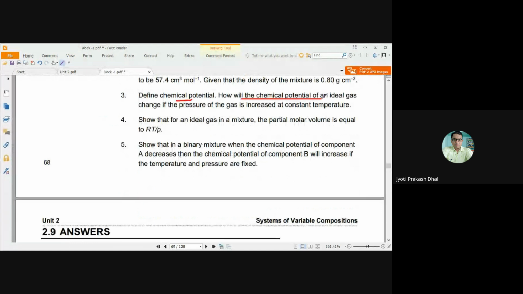How will the chemical potential of an ideal gas change if the pressure of the gas is increased at constant temperature? Complete derivation is there in your notes. So that for an ideal gas mixture, the partial molar volume equals RT by P. This is also completely there in your book. So that in a binary